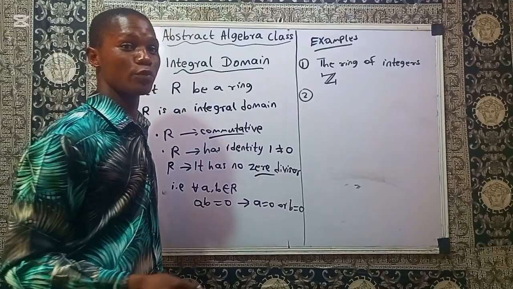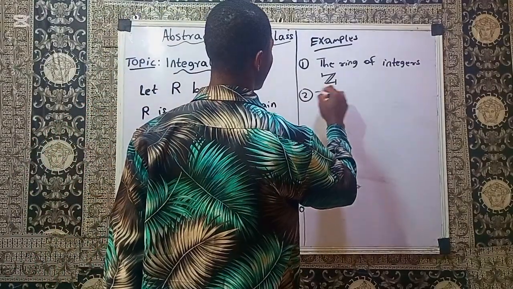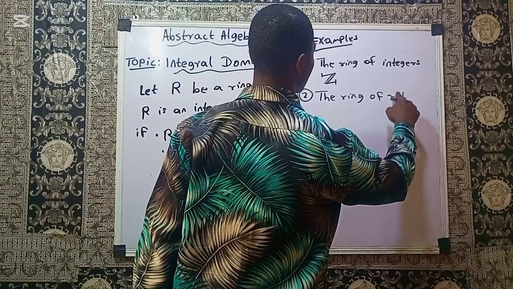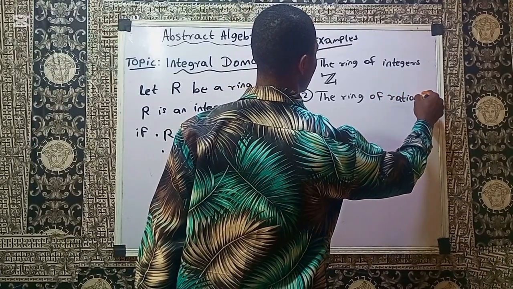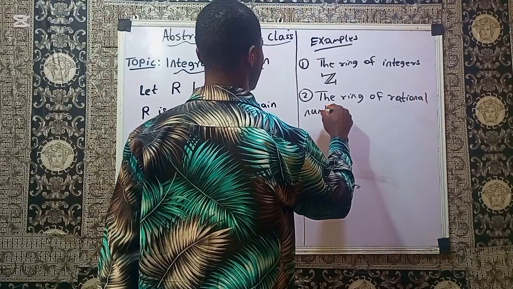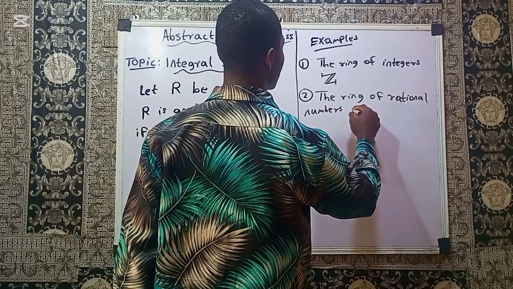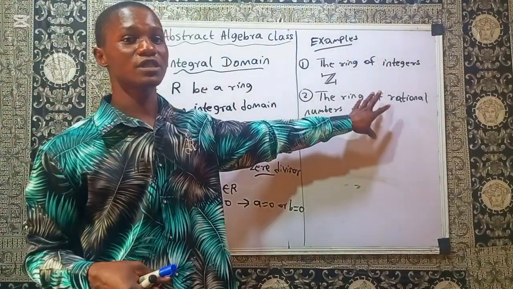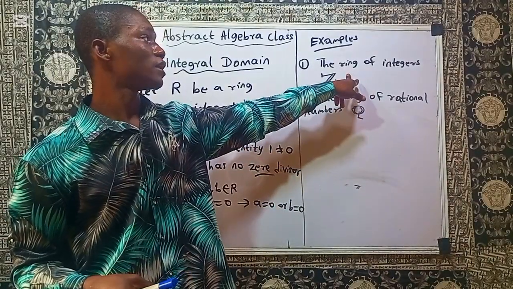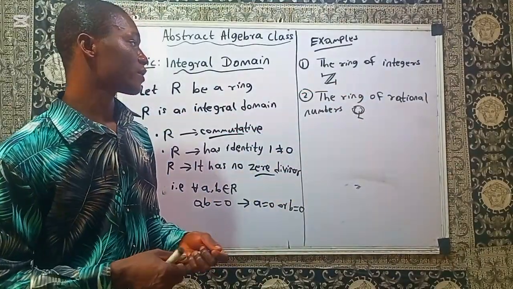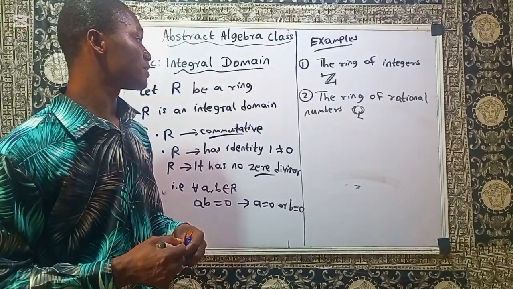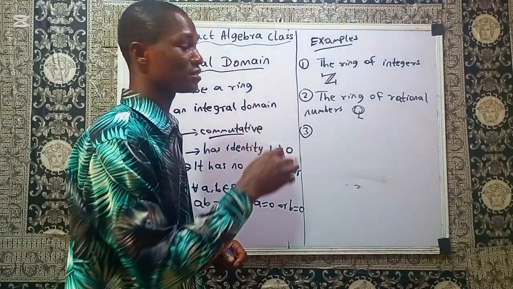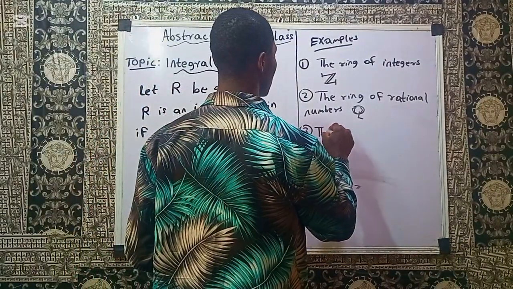Let's consider another example. The ring of rational numbers, which we can denote as what? Q. The ring of rational numbers Q. We can use a similar explanation to the one we used in the ring of integers to check whether it's an integral domain or not. So the number 3, we say that the ring of integers, the ring of rational numbers, the ring